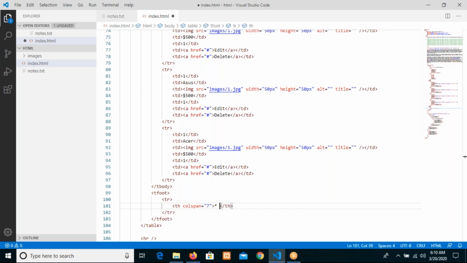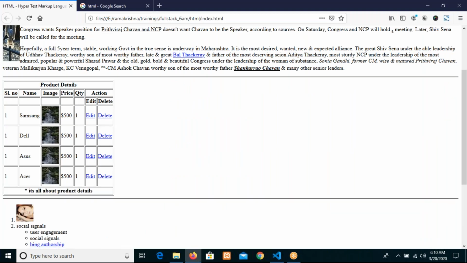Then seeing that it's all about product details, the user can see like this: heading part, description part, that is, we can say, body part, and footer part. And as we have done a colspan, merging the number of columns into a single column,